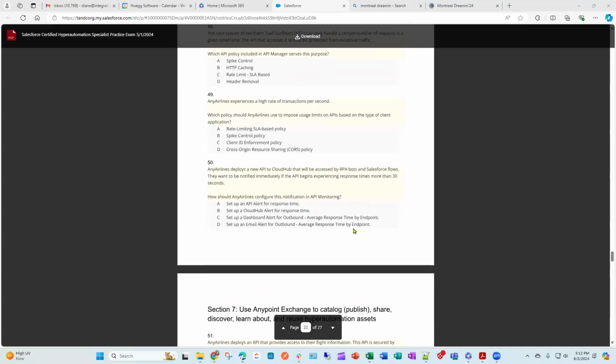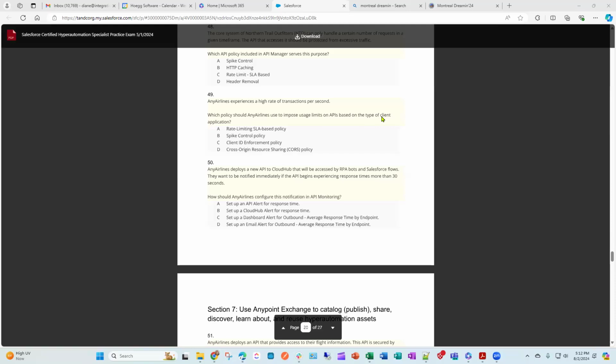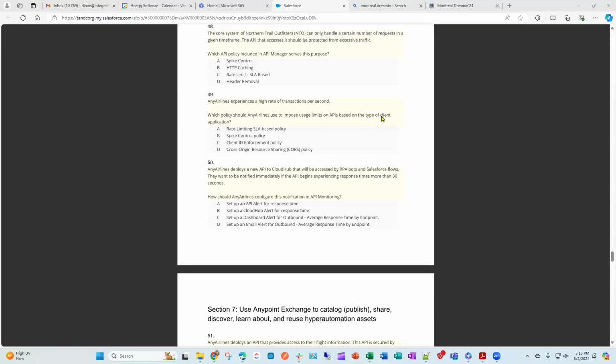All right. Now let's look at the next one that has a high rate of transactions per second. Okay, high rate per second in a given period of time. Which API policy should be used to impose a limit based on the type of client application that they are? Maybe they're a paid service versus a free service. Okay, so based on the type of client application, an agreement that they have made to access that API,